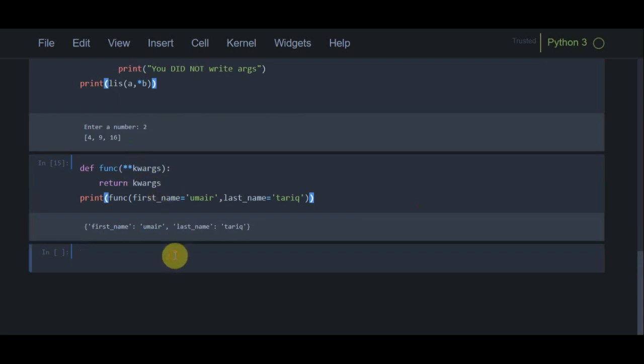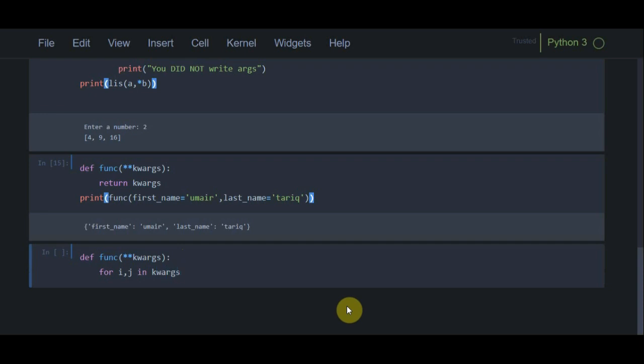So how can we do that? I can directly create the same program here, with double asterisk kwargs. What we need to do first is apply a for loop. In a dictionary, as we discussed when we were learning dictionaries, we have two variables, i and j. i is for the key and j is for the value. So we can directly loop over kwargs.